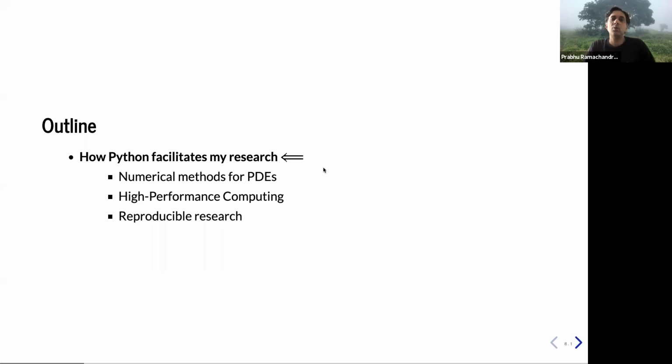And finally, I'm going to talk about a very important aspect that is often overlooked, especially in numerical computing: the fact that a lot of research is not reproducible, which means people do not spend enough time making the tools or the results easy for other people to verify. So I'll talk a little bit about this as well. I'm hoping some of these things will be useful for a lot of people.